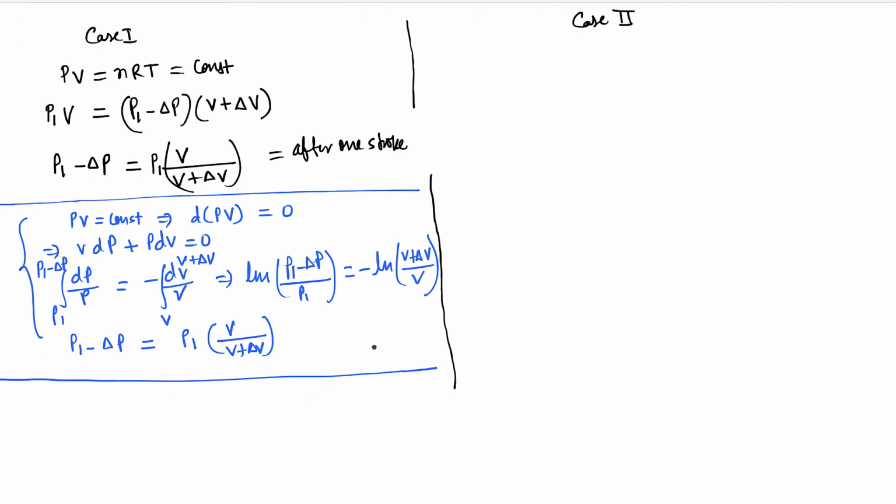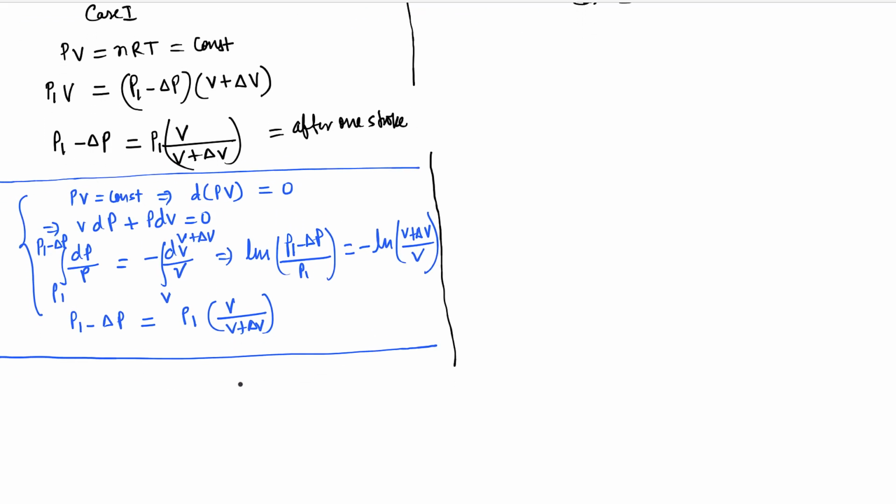But I think we can deal with the current one, which is already complex enough. So if you see, this is after one stroke. Now, if you repeat the same expression for the next pump, it will be (P1 - 2 delta P) (V + delta V), because the tank volume is always constant and the piston volume, or the pump volume, is also constant. So equal to